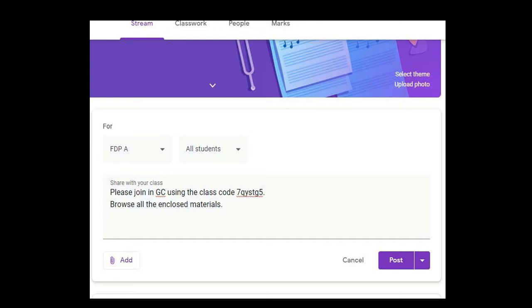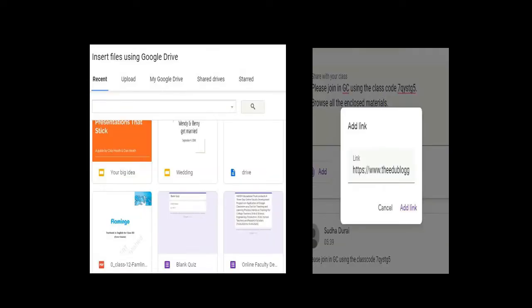Whatever announcements or information you want to share, you can type here. In stream, we can add materials from Google Drive, link, file, YouTube. Please note, if you want to attach files or folders from Google Drive, we have to prepare and save them in Drive in advance.